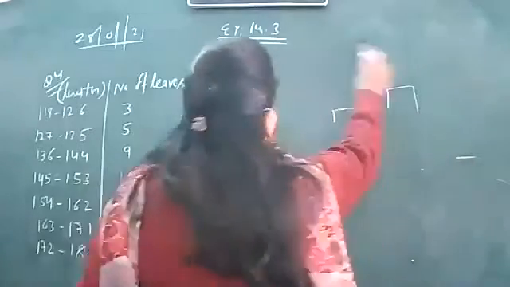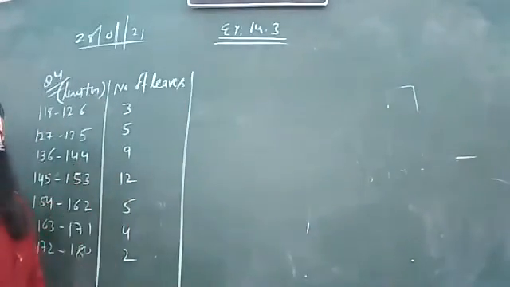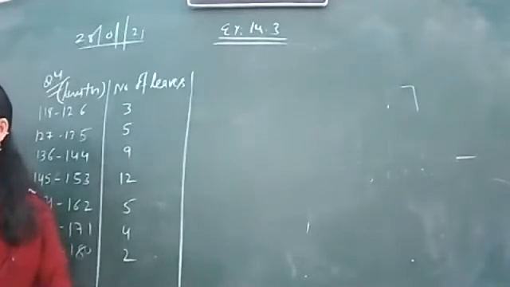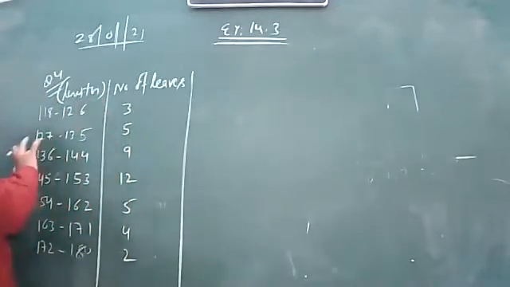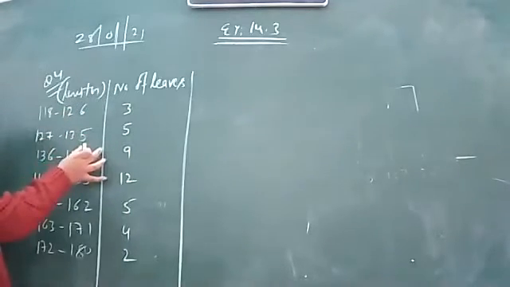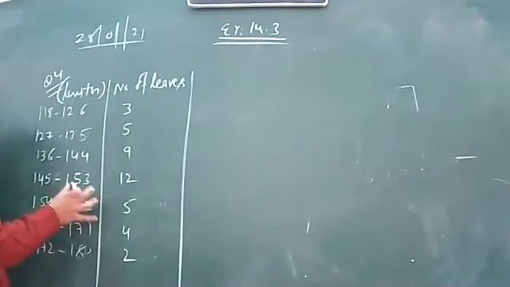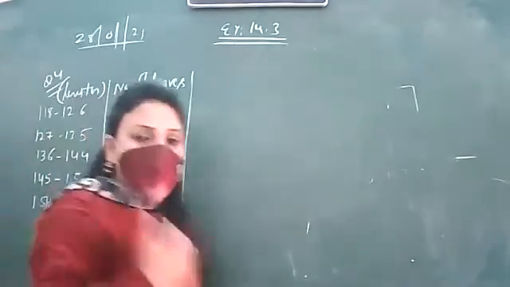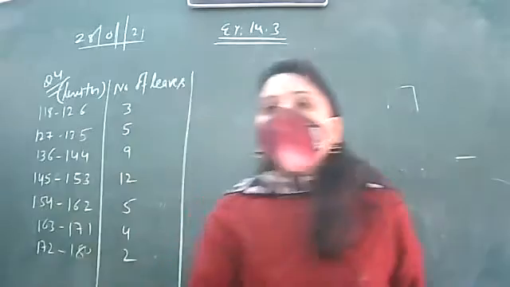The reason is, when I observe the data carefully, this is which form of data? Absolutely right. This is inclusive form of data. How do we judge that this is inclusive form of the data? Because where it ends, from there it doesn't start. It ends with 126, starts with 127, and with 135, 136, 144, 145, 153, 154, 162, and you can see like this it's going on. That means this is the inclusive form of the data.